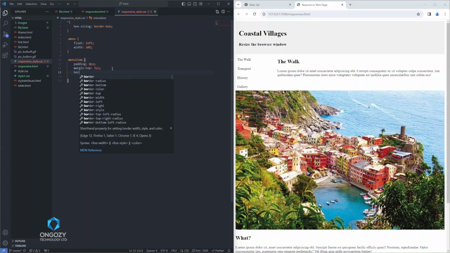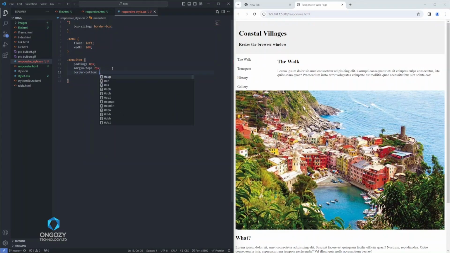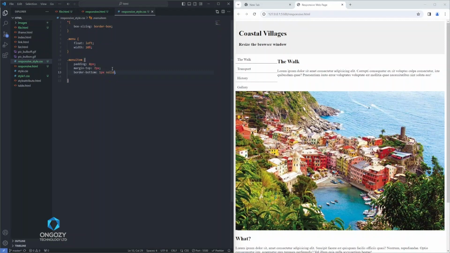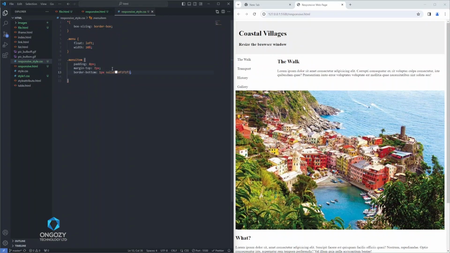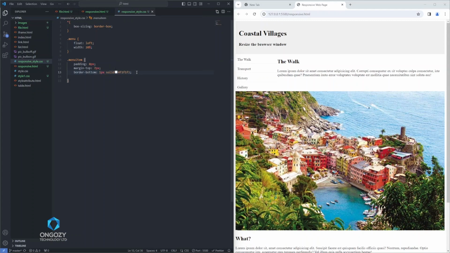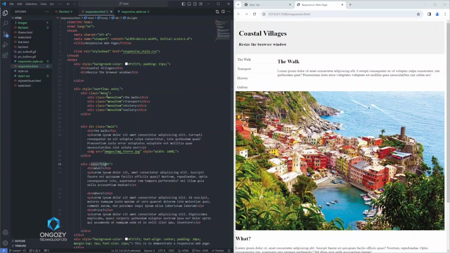Then border bottom 1 pixels, solid F1. You can see there's a margin here. The next thing we are going to look to style is our, after menu item,